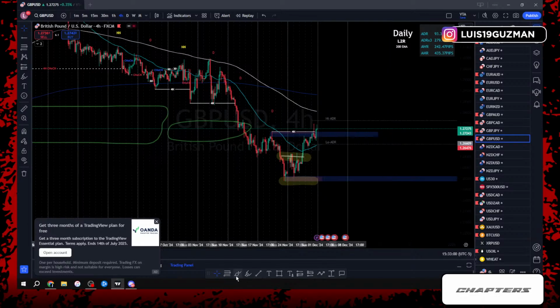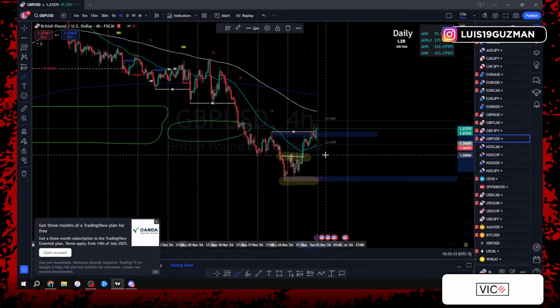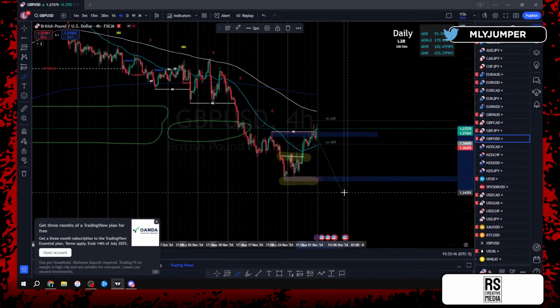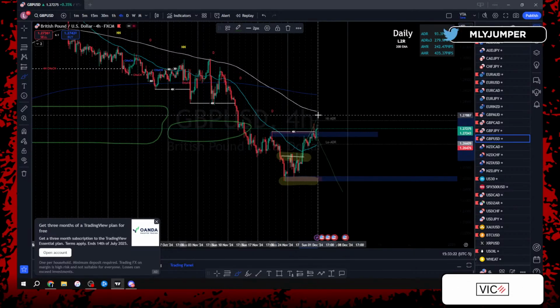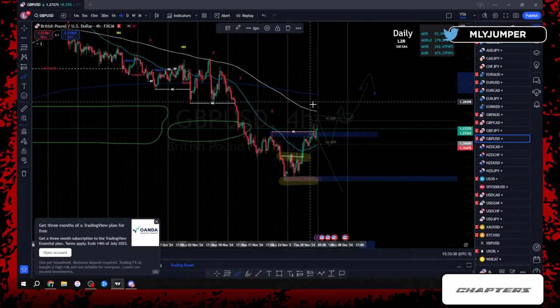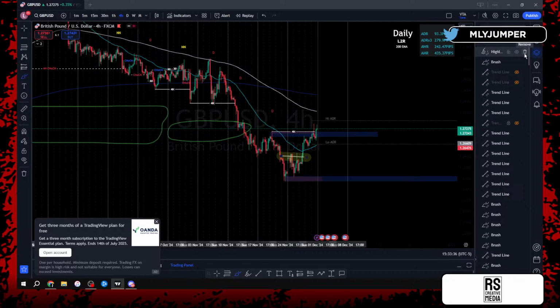So this is already letting me know, okay, cool. Yeah, we have a change of character, but a change of character isn't 100% confirmation that price has turned around to continue. Right? Could price continue after a higher high, after a change of character? Could it go right back down to the bottom? Absolutely. So if we got a pullback and then we got a break of structure, then we know we could take these trades back to the top side. Until then, I'm not going to mess with GU just yet. Or if we get a continuation, that'd be good too.